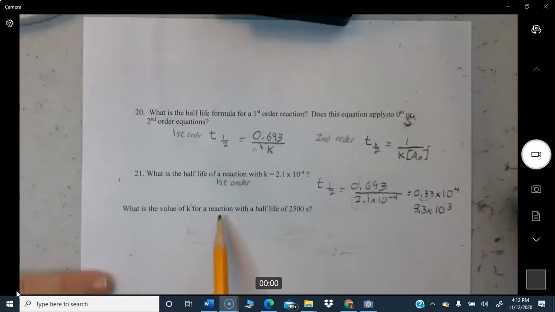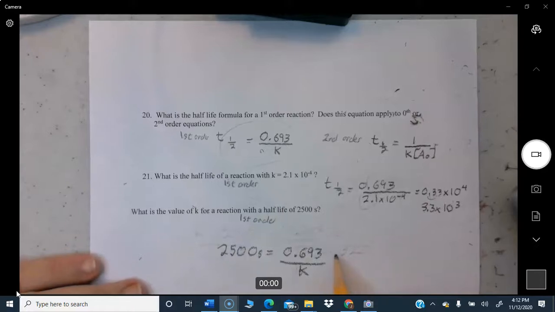Okay, and the final question is, what is the value of K for a reaction? Again, it should again be first order. That means you can use this formula right here. Okay, so it's saying the half-life is 2,500 seconds. And it's asking for what the rate constant is, so we multiply both sides by K. Cancel, cancel. Then we divide both sides by 2,500. Okay, and cancel, cancel. So K is going to equal